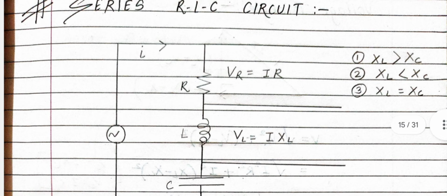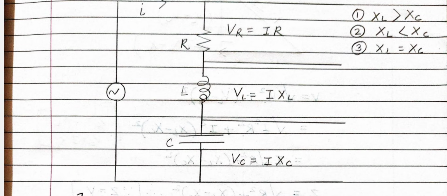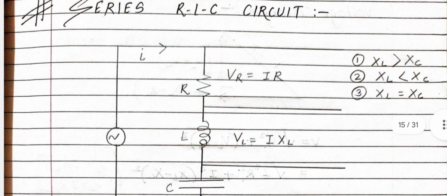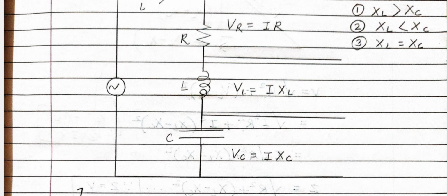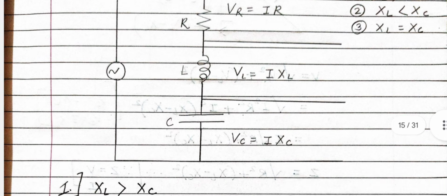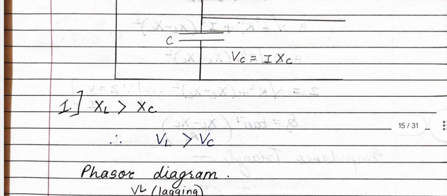Again I will tell you, it is very simple. Here you have to just consider 3 cases I have written in the right corner. First is XL greater than Xc, second XL less than Xc, and third XL equal to Xc. First you have to draw the circuit diagram, and as it is series RLC circuit, you have to draw resistance, inductance and capacitance in series, mention the formula, apply the voltage and show current flowing in it. Simple. Now you can make these circuit diagrams on your own also. Remember these formulas of VR, VL and VC to write correctly.